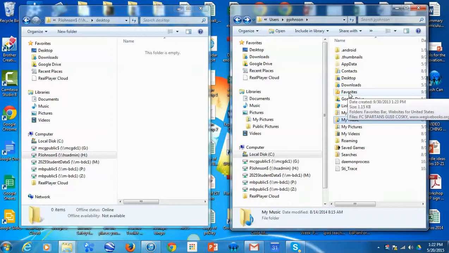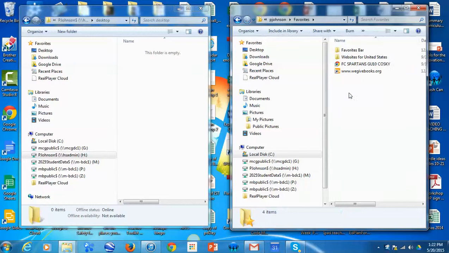Doesn't matter. But if you are still currently using Internet Explorer or Firefox, then you do need to go into your favorites folder here and take a look at what you have. You would copy all of this, just the way that we talked about. Highlight this. I'm going to make a new folder. Strongly encourage that when you're dealing with the folders on your favorites, that you make a folder called Favorites, and